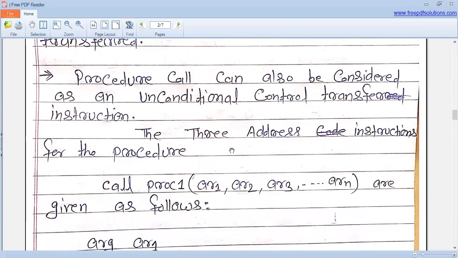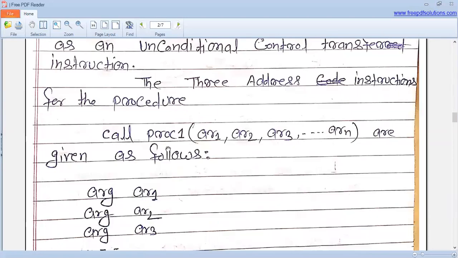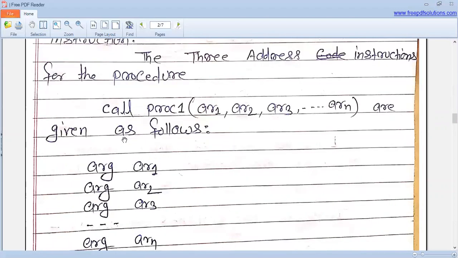The three address instructions for the procedure call: call procedure 1, argument 1, argument 2, argument 3, up to argument n. Here call is the instruction and procedure 1 is the procedure name. Procedure 1 is the function, and here we pass various parameters into the function.